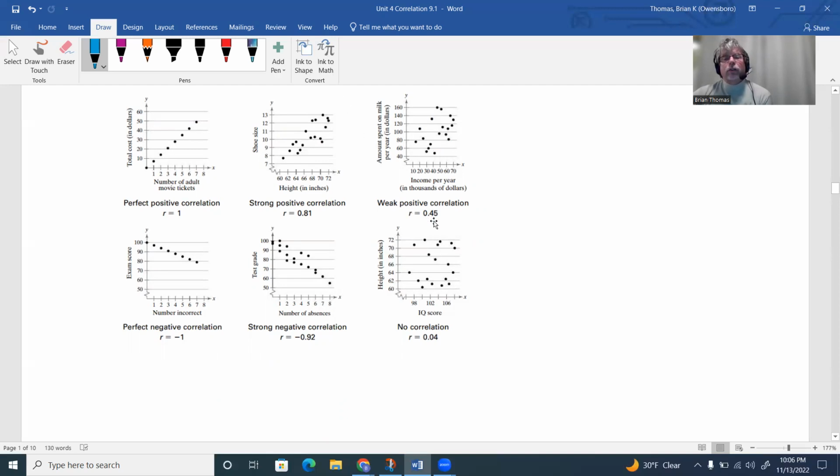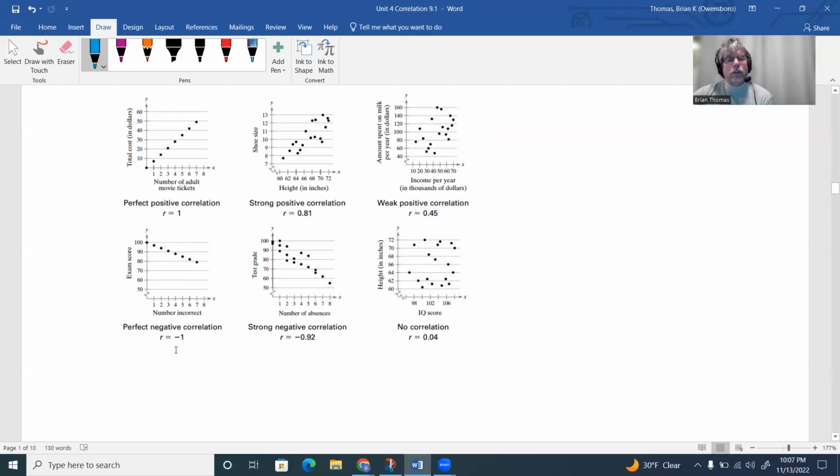Notice that if R is closer to 0, like 0.45, this still has a linear relationship: as the x's are increasing, the y's are increasing, but it's more scattered. This is considered a weaker positive linear correlation. So we have a pattern here, but it's just not strong. It's weak. Now, if we go as x increases and the y values decrease,